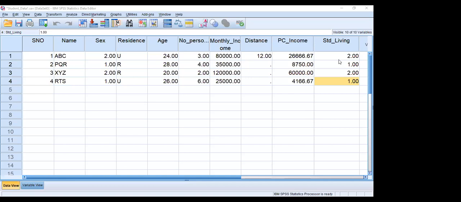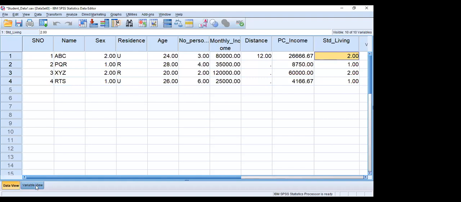Okay, you can see earlier the standard of living column was not there. So now this column is generated only when your categorical variable or classification is very clear cut, there is no confusion. Then only this column is generated. So in the standard of living we have got the categories 1 and 2, but actually what we want is low standard of living and high standard of living. So we are assigning values for this.